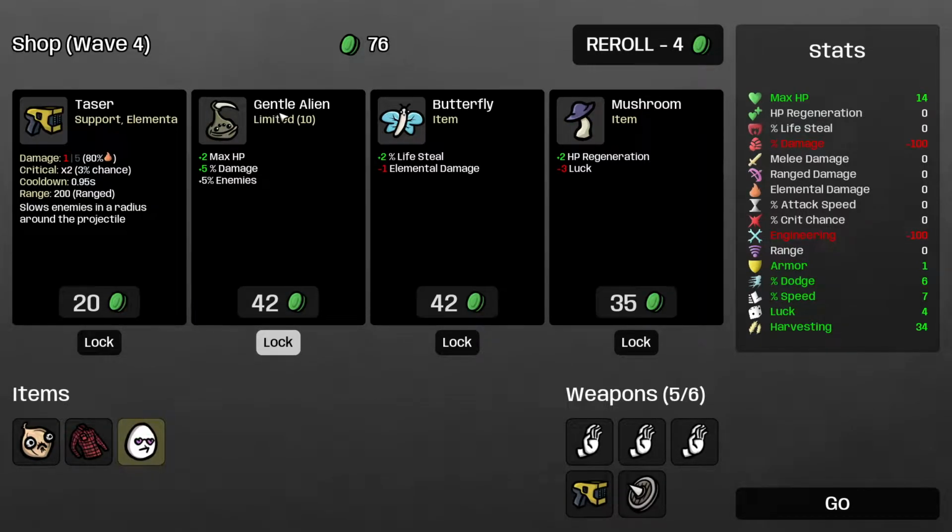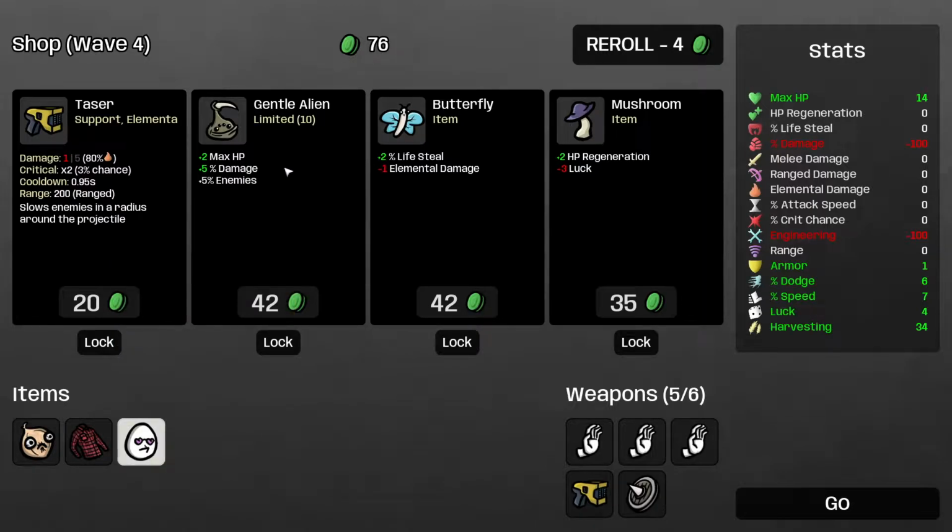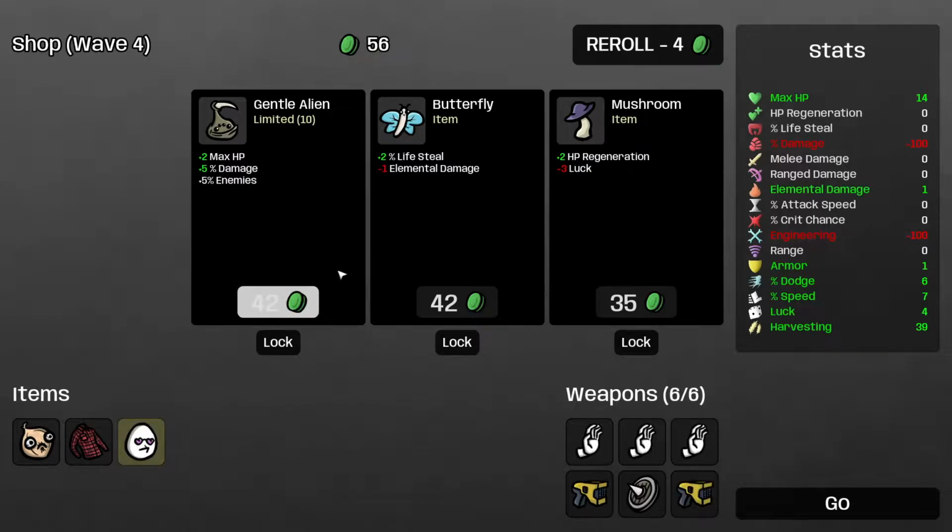The Gentle Alien. Again, the way the Pacifist works is you gain 0.65 material and XP for every living enemy at the end of a wave. It's also worth pointing out that the enemies actually expire during a wave. I think there's some sort of an entity limit. I think at least that's the reason for it. Or maybe it's for balance reasons, because eventually the board will just literally fill up with enemies. So yeah, to make it a little bit more bearable, the enemies do actually expire. But yeah, Gentle Alien technically still increases your income, and I think I actually want to go for...